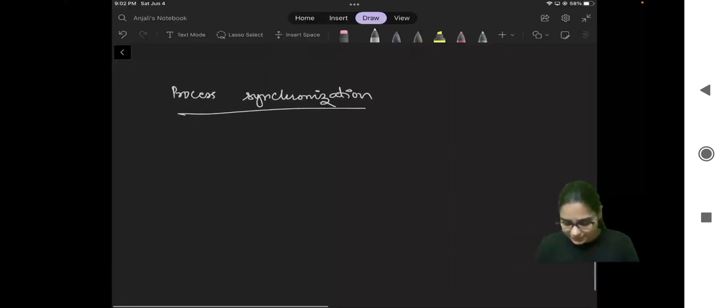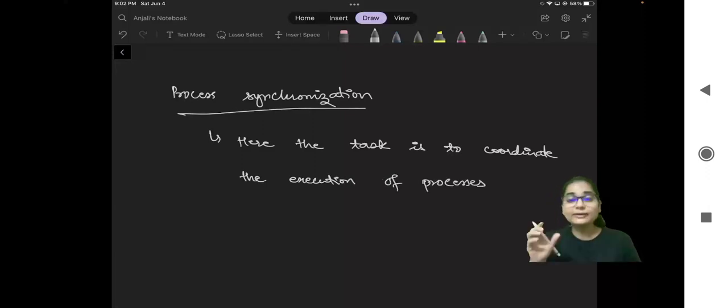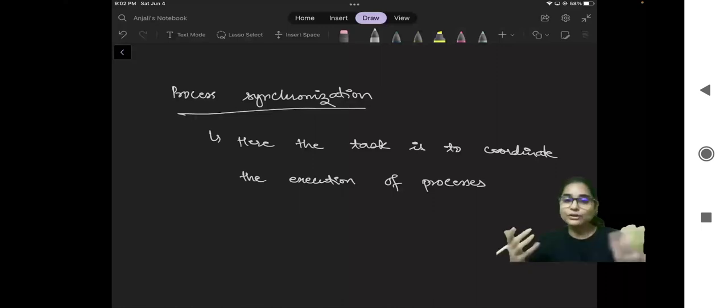So we can say here the task is to coordinate the execution of processes. And when we are coordinating it, we will ensure that